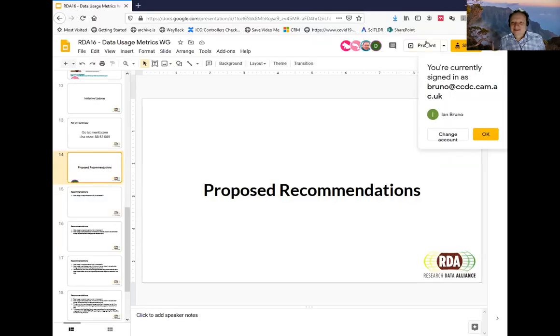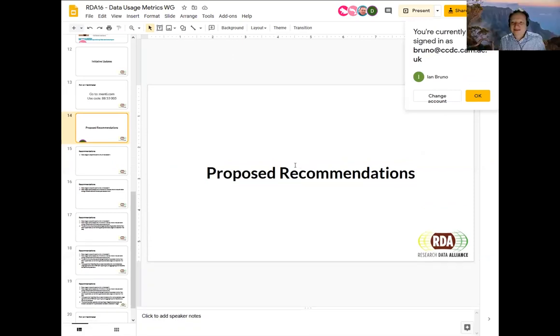Show all windows. And we'll go that one. Share. Proposed recommendations. Present. Hopefully you can see it. I bet what it's done is gone and maximized it elsewhere. So we might just have to go with that. Can you manage without presenter mode in the interest of time? Yeah, that's fine. If you could zoom in, that would be cool.